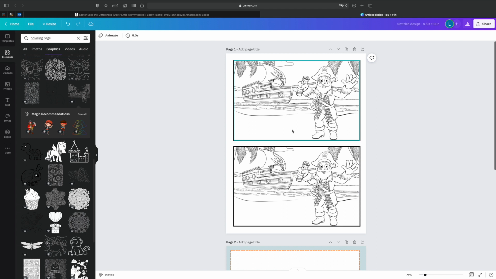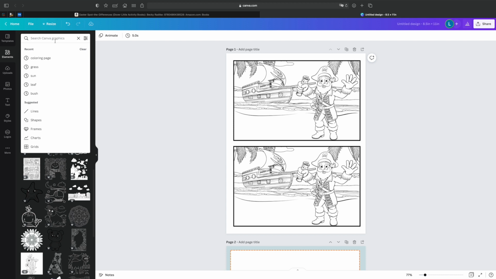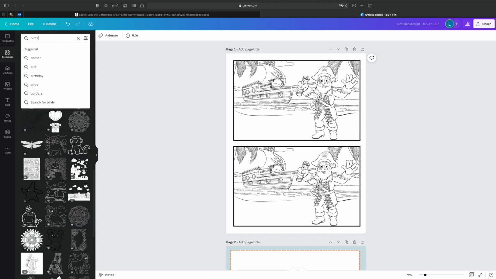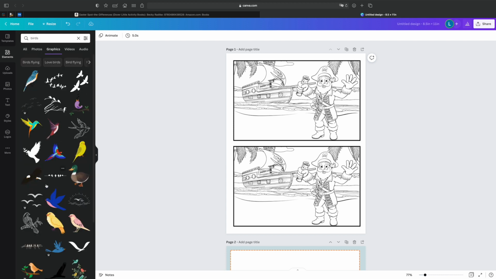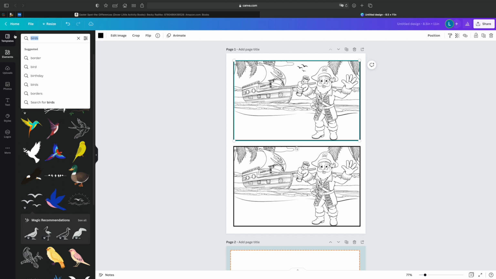So this is how you can structure each page, and then all you have to do is to just add your differences in the two different illustrations. So for example, you can search for birds. Here, this one, make it smaller. You can add some birds here, and in this illustration there's no birds, so this is already one difference. Then I don't know, you could add maybe